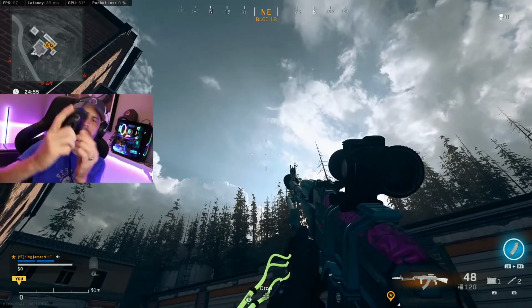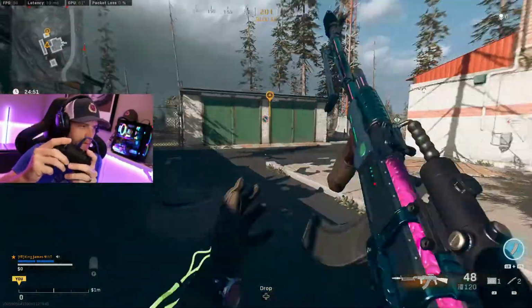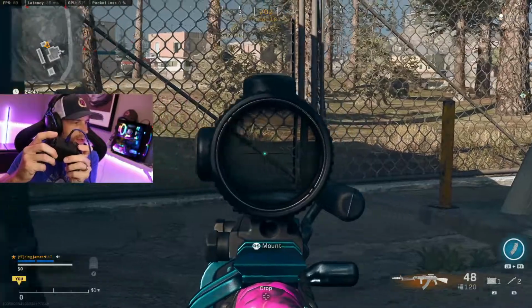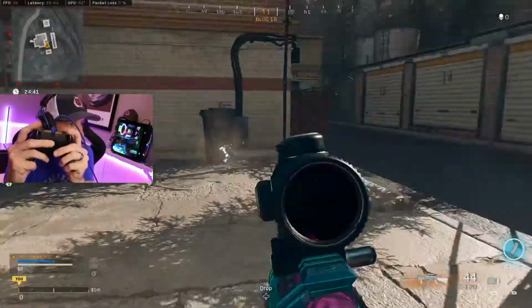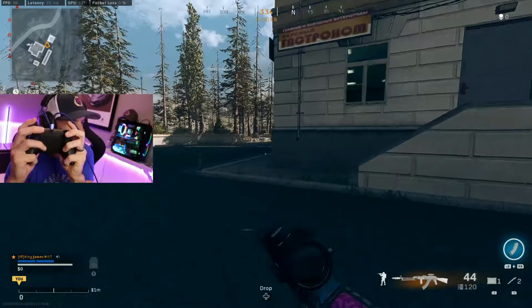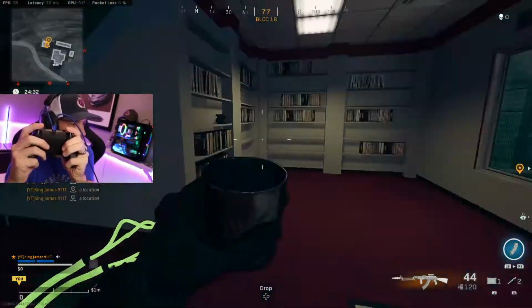There we go. Got it that time. Now if I go out of programming mode, boom, I got my melee. Or when you're ADSing and you're close to a wall, it'll do your mounting for you. So now, when I'm running around, as you can see, I can jump around a corner. I can use these for slide cancel, right? So, boom, and I can mark, or do emotes,